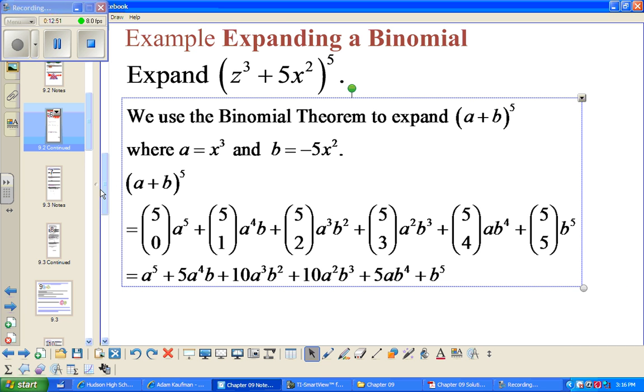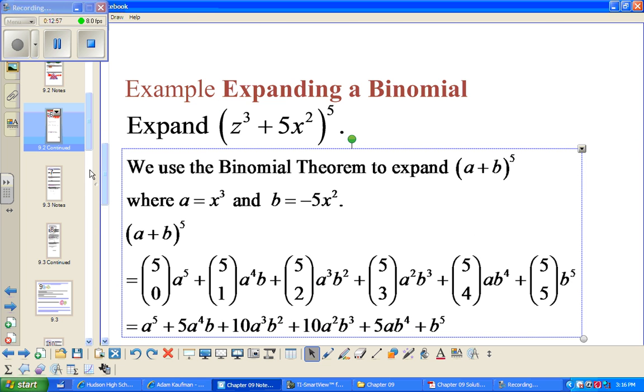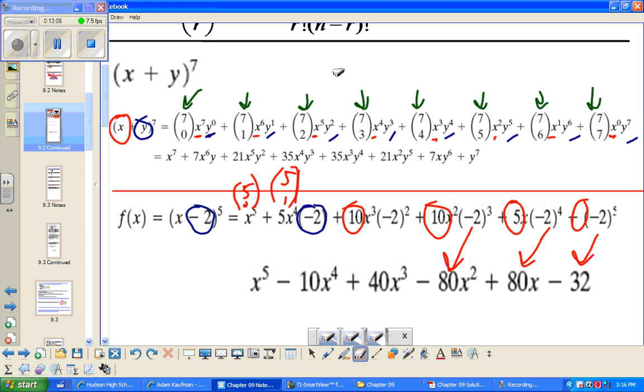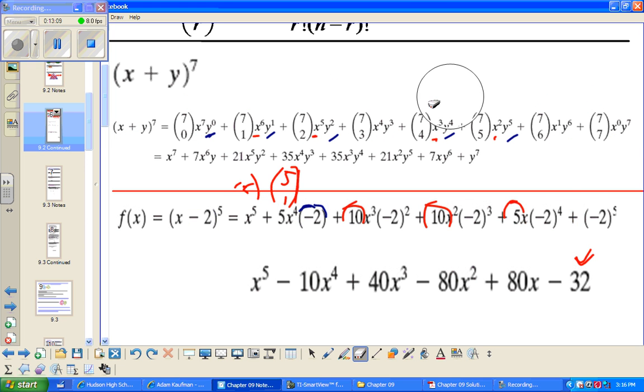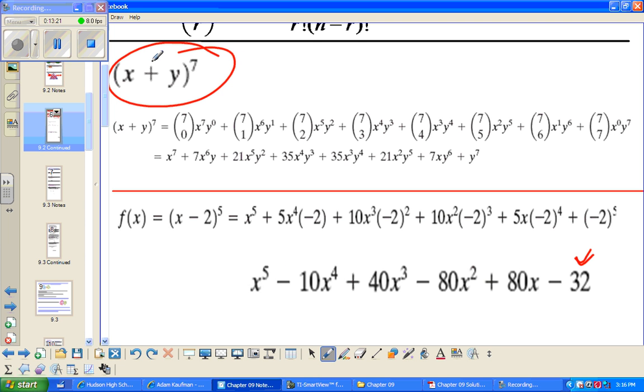The other types of questions you'll have will pertain to finding a specific coefficient for a specific term. So for instance, if I go back up, I might ask you something like, what is the coefficient on the 4th term in the expansion of x plus y to the 7th? Well, that would be the same as asking about the 4th term in this expansion, which would be the same as asking you to take 7 choose 4 minus 1, which is 3,